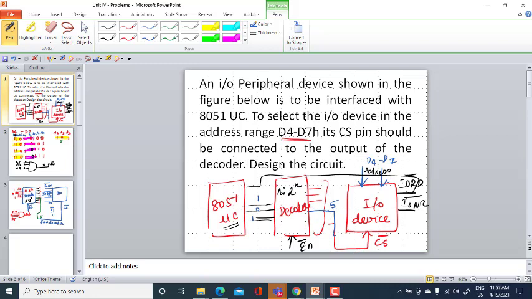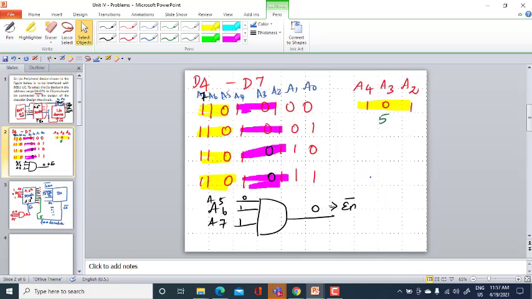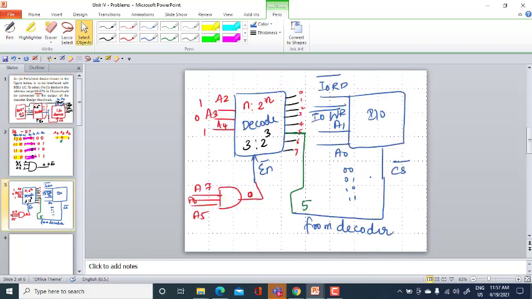This is A0 and A1, which is nothing but 0 0, 0 1, 1 0, 1 1. For all the A0 and A1 combinations, this particular IO device will be selected, and based on the signal that you are giving, whether you are using this peripheral as an input device or as an output device, IO read or IO write will be done. Either IO write if it is an output device and IO read if it is an input device. Okay. So this is how you will be designing this circuit.